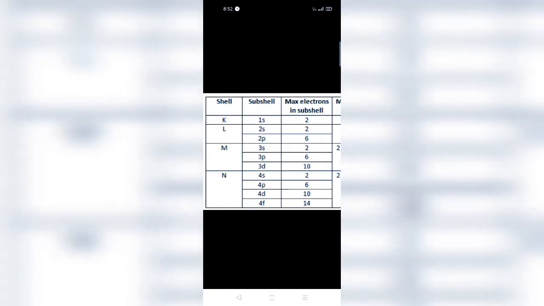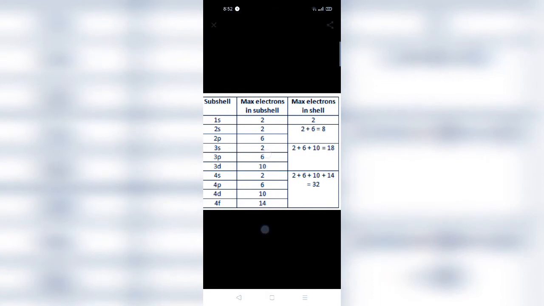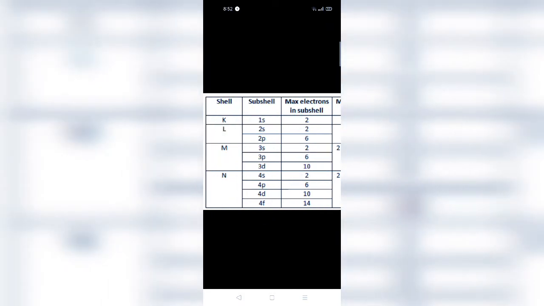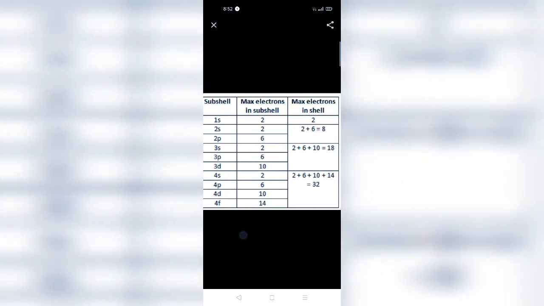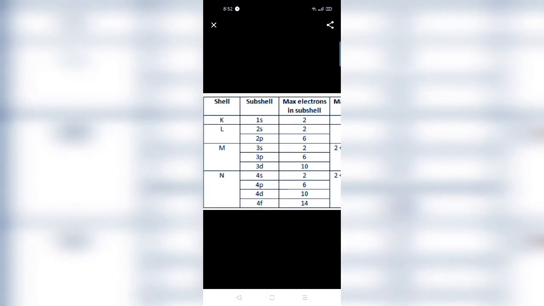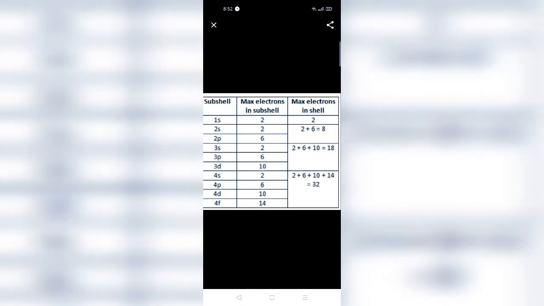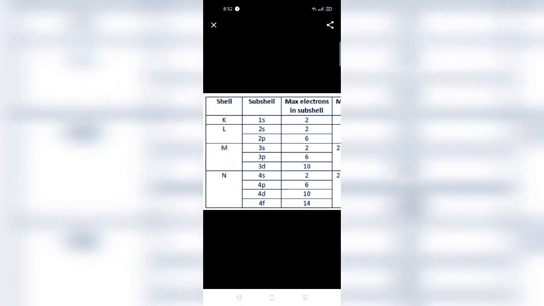We are discussing the shell and subshell. The L shell contains a total of 8 electrons, which means it has 2 electrons in the 2s orbital and 6 electrons in the p orbital. Similarly, the M, third shell, n=3, contains a maximum of 18 electrons, and the distribution of electrons in the subshells inside the M shell is that 3s contains 2 electrons, 3p contains 6 electrons, and 3d contains